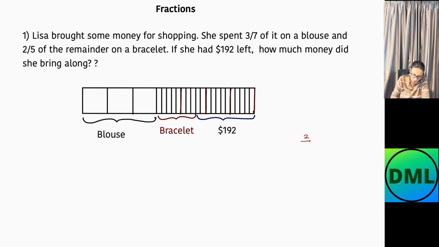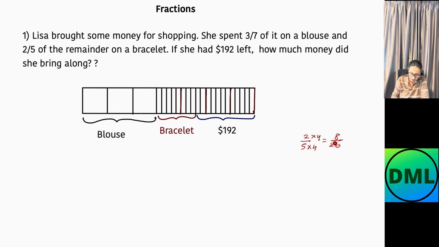Let's multiply 2/5 by 4/4. That will be given as 8/20. So the remaining 4 parts has been divided into 20 parts. If there are 20 parts here, that means I need to divide one box in 5 parts. As you can see, here 1, 2, 3, 4, 5. I have divided one box into 5 parts. Similarly, I have divided the next 3 parts also in 5 parts. So I have now total 20 parts.